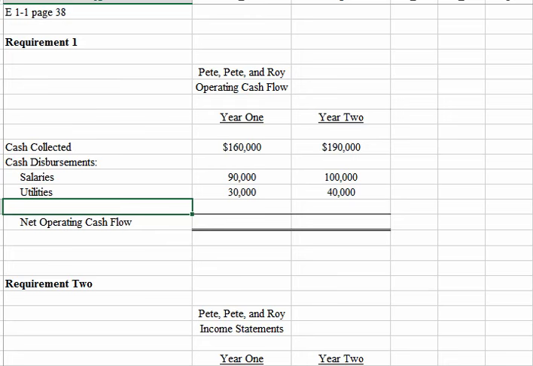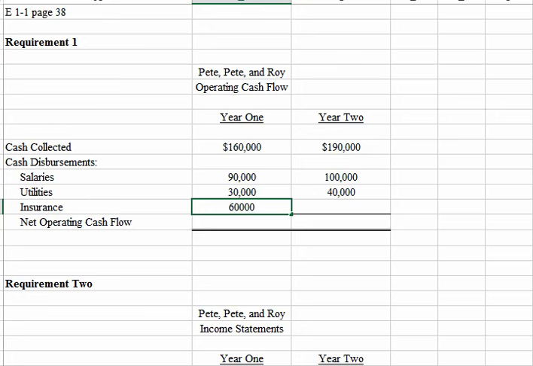And then we had cash going out for purchase of an insurance policy. Cash paid for insurance, or cash disbursements for insurance. Really just two ways of saying the same thing. Insurance, we had, what, $60,000 in year 1. And nothing in year 2. Okay, to get net operating cash flow,